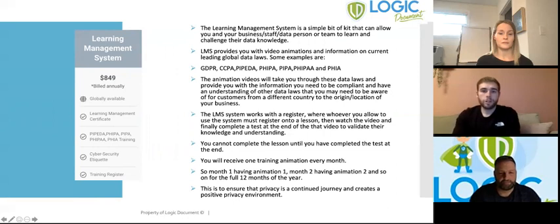So we also offer here at Logic Document our learning management system, which is 849 Canadian dollars, and it's also 849 pounds. So the learning management system is a simple bit of kit that can allow you and your business, staff, or data person, or team to learn and challenge their data knowledge. The LMS provides you with video animations and information on current leading global data laws, some examples being GDPR, CCPA, PIPEDA, PHIPA, PIPA,